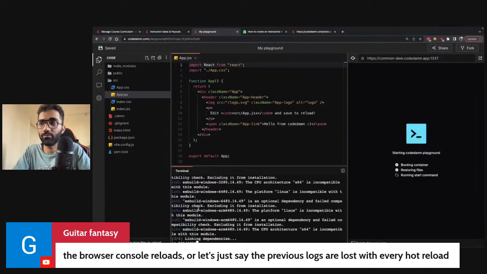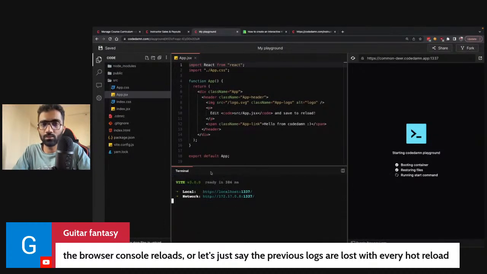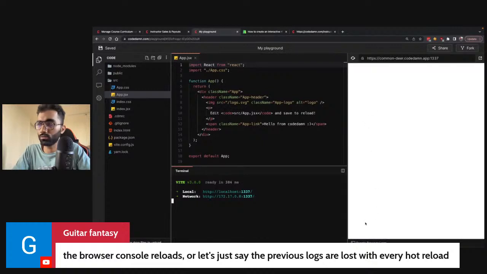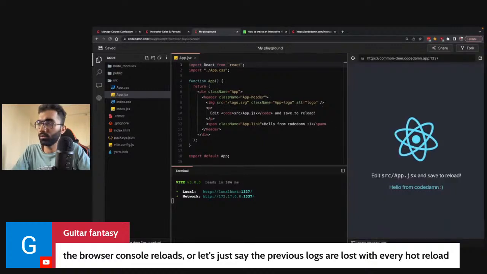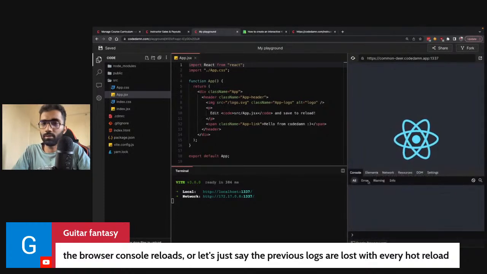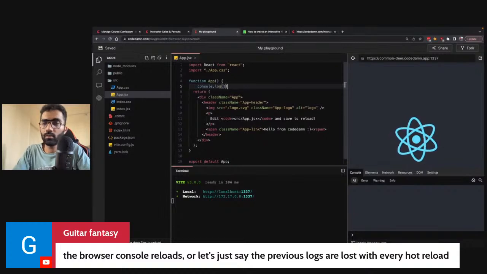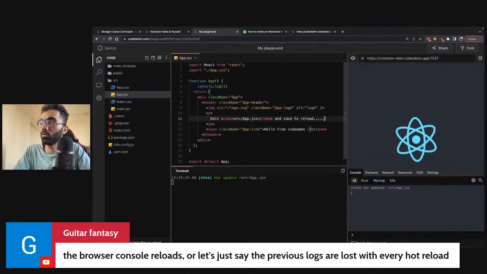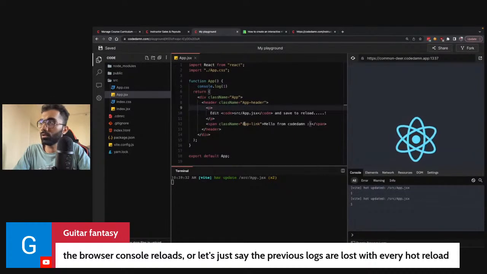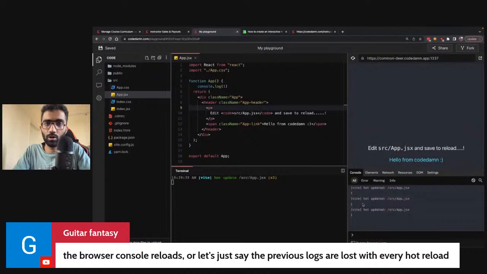Currently, what works is live reloading. Live reloading just reloads the whole page, which leads to loss of console logs as well over there. But if you take a look over here inside of React, if I try to do console log over here, console log 1, and then if I change mode to reload, you can see that this particular thing does not get lost, right? If I remove this particular logo as well, you're going to see that these logs stay. I think that is what you're saying, that this should hot reload for HTML playgrounds as well. This is coming soon, so don't worry about that.